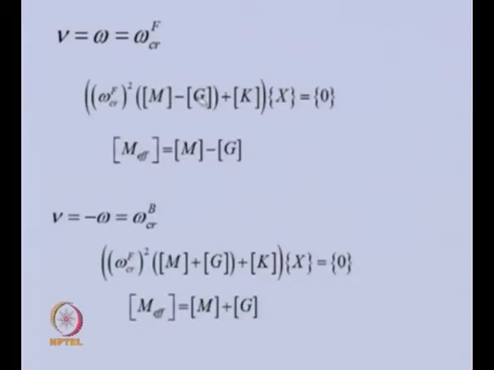So because of the gyroscopic couple, the effective mass is getting decreased, and as we know, the critical speed is nothing but stiffness by effective mass. Effective mass is getting decreased, so we expect that the critical speed will be increasing, and that we have already seen, that the forward critical speed increases as compared to the backward critical speed.